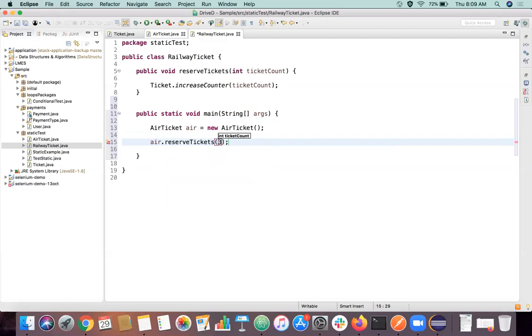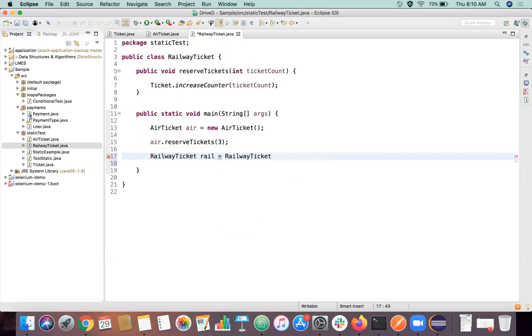We're going to pass some random value here, 3. Similarly, I'm going to put something for railway tickets. We're going to put 7 here.